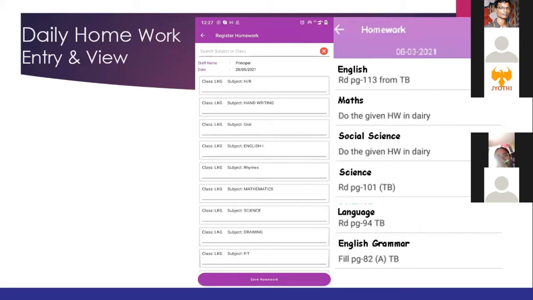When they click the save button, in the next second, parents get the notification in the mobile app. Not only homework, but entering remarks, attendance, everything related to the child in the mobile app, the parent gets the notification in the next moment. If we send a text SMS, we don't have an option to track whether it was received or whether there is any network issue. If we are using the mobile app, we need not worry. In the next second, they'll get the notification.